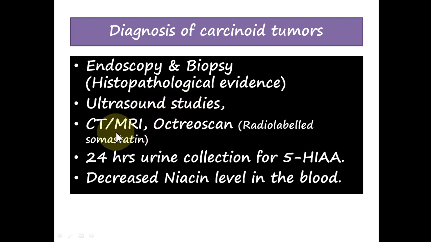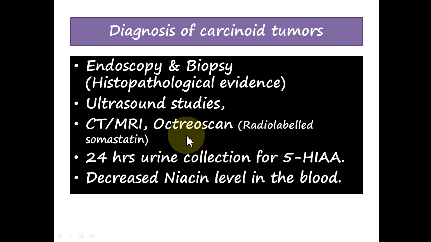And we can use magnetic resonance imaging, which can also help us in the evaluation of the disease, and a particular scan which is known as the octreo scan. We know that somatostatin inhibits the secretion of the hormones from the neuroendocrine cells, and this somatostatin has specific receptors on the neuroendocrine cells. So if we inject a radio-labeled somatostatin